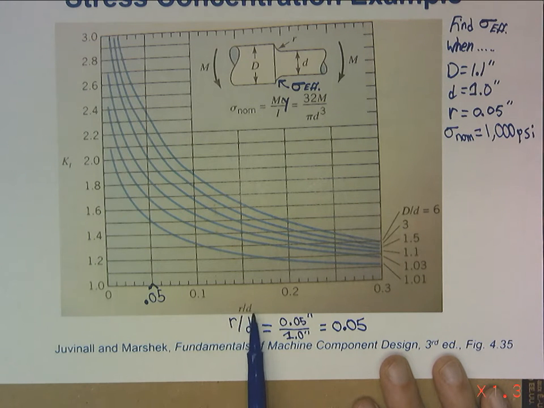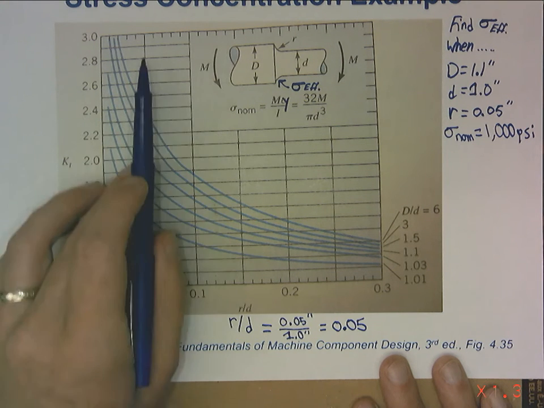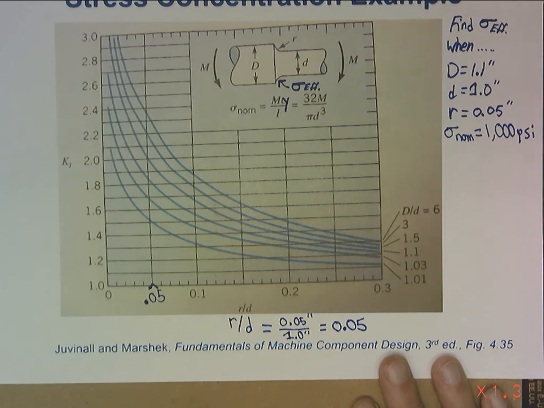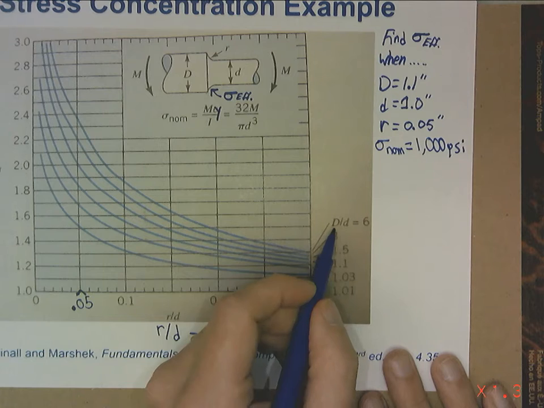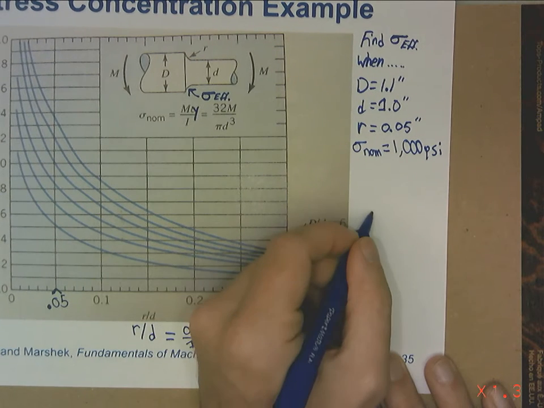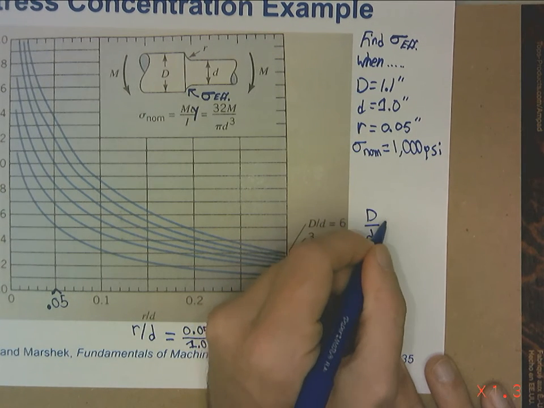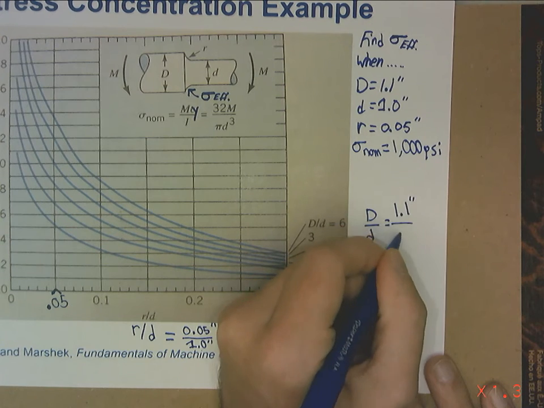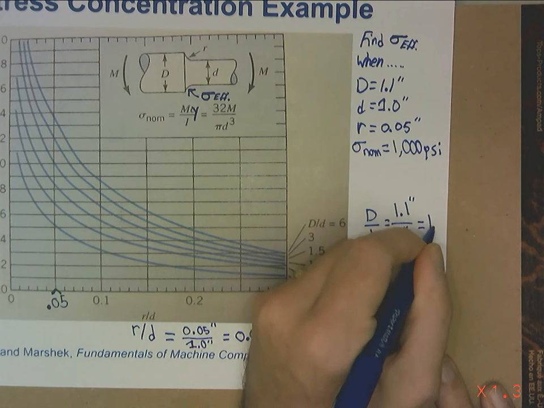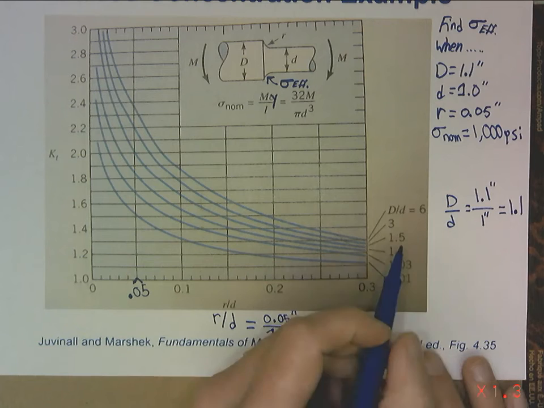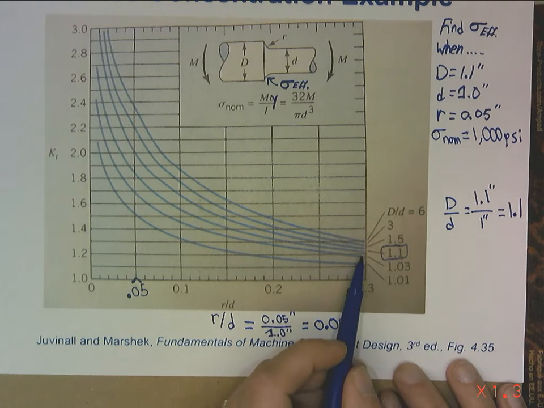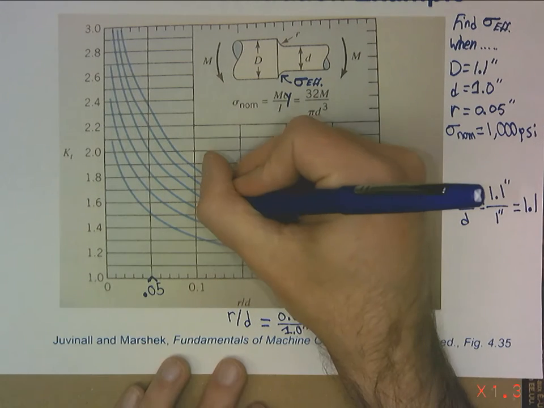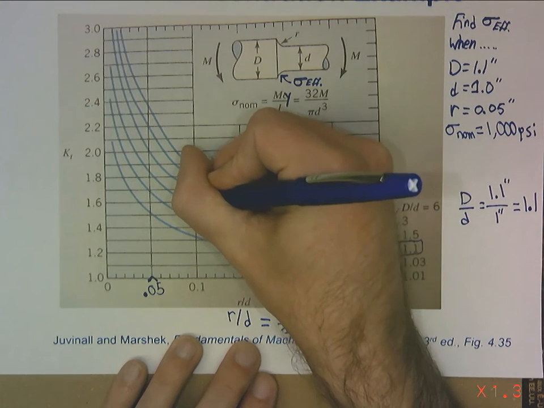R over D. Well, we did the math. We found a value. So this must be where we're supposed to be, up and down this vertical axis somewhere. Well, then we've got this label over here, which is large diameter divided by small diameter. So what is that? That's 1.1 inch, again over 1 inch, which is a dimensionless 1.1. Hey, look at that. We've got a 1.1 here. That would be the third line up. So if we're on this third line up,